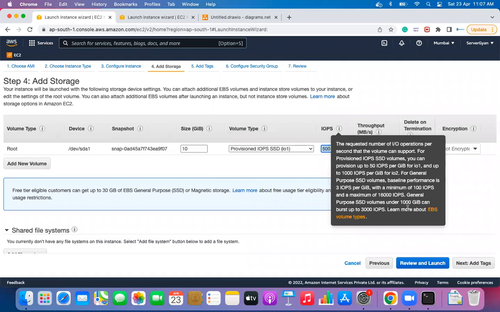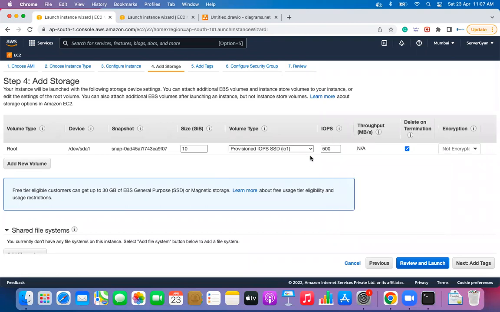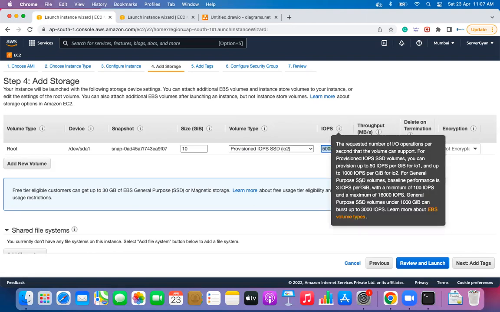A lot of IOPS you can get here, like up to 1000 GB, up to 3000 IOPS you can get here, and that will also depend on the different types of volume type. A maximum of 16,000 IOPS you can get along with this type of base, which is extreme, way beyond what is required, right? If we talk about IO2, then definitely minimum 1000, minimum 5000, and if we talk about maximum, then you can get a lot of